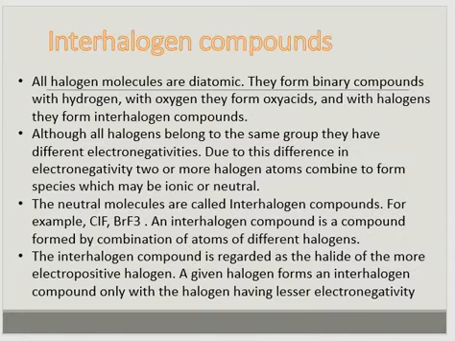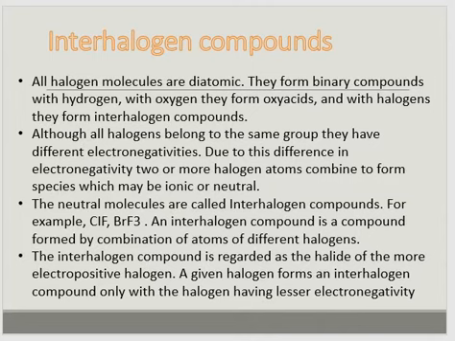Now the another topic is interhalogen compounds. All halogen molecules are diatomic. They used to form binary compounds with oxygen, and they used to form oxyacids also with halogen. They used to form interhalogen compounds. All halogens belong to the same group. They have different electronegativities, we all know, and this difference in electronegativity, two or more halogen atoms combine to form